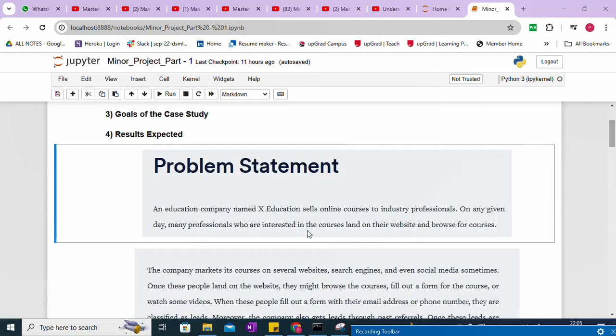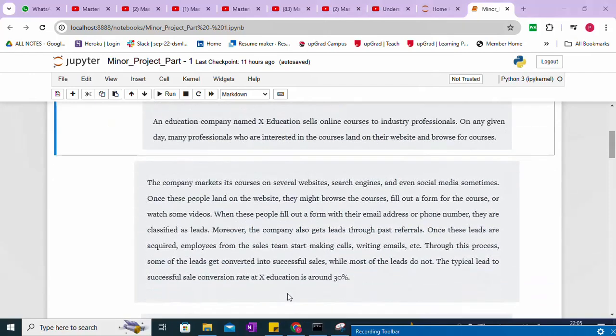The company markets its courses on several websites, search engines, and even social media sometimes. Let's say Facebook, WhatsApp, any different platform like Instagram and all. Once these people land on the website, they might browse the courses, fill out a form for the course, or watch some video. When these people fill out a form with their email address or phone number, they are classified